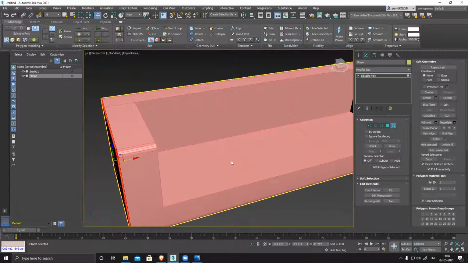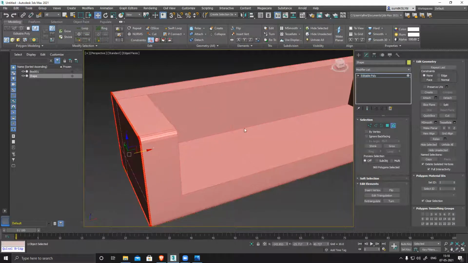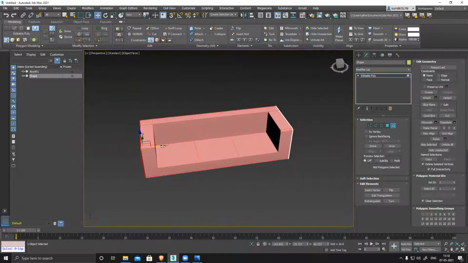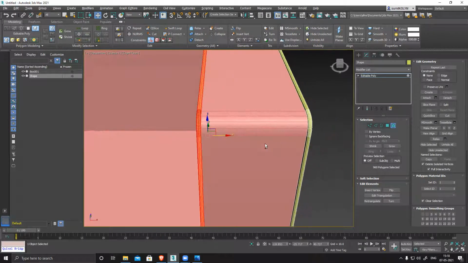So strange, shift and I should duplicate. Why is it not duplicating? It's strange. I don't know. For some strange reason this is not working. Usually shift and drag duplicates the mesh.